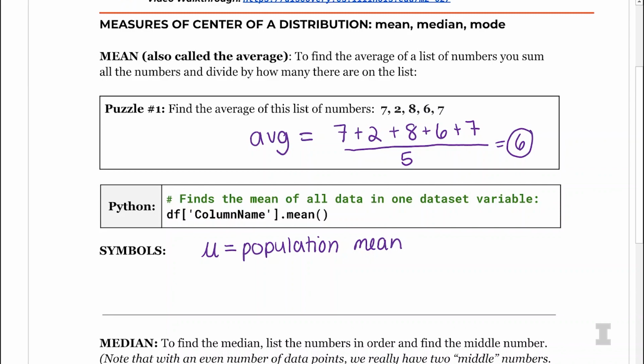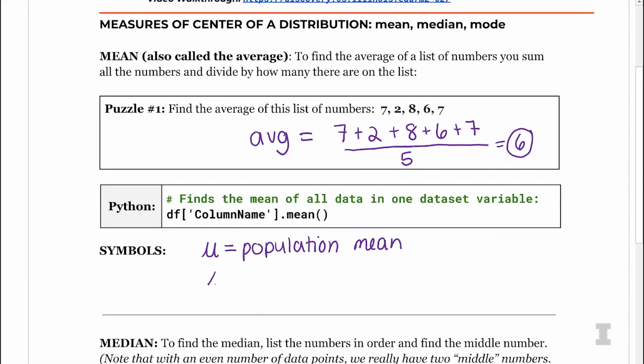And in statistics, a lot of times we have to make a difference between the population and a sample. Many times we actually don't know the mean of the population. Instead, we just know the mean of a small sample. So I use a symbol called X bar, which is just X with a little bar over it, to represent the sample mean. This will come up more in this series, but I wanted to get you used to this notation early on so that when you see it, you at least know what it means.